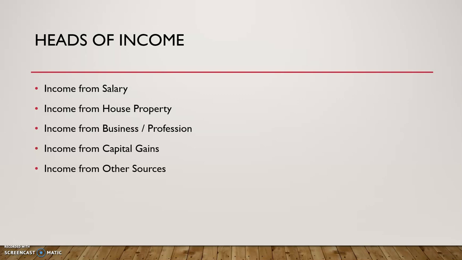And the fifth is income from other sources. Income from other sources basically is any kind of income which is not falling into the above 4 categories. Now, what does it include? It includes, for example, interest you're earning from fixed deposits, or if you're running a small tuition center and earning small income, doing some small random work. Any income not falling into the above 4 categories would fall into income from other sources. It also includes dividend income or income from lottery, gambling, and all these kinds of income.